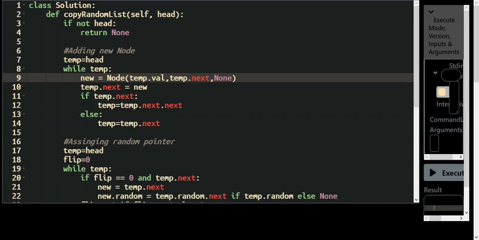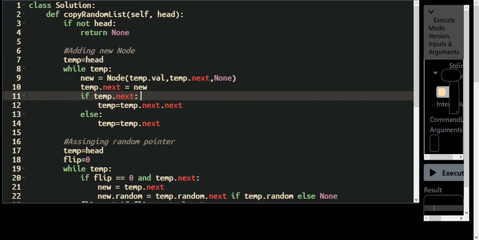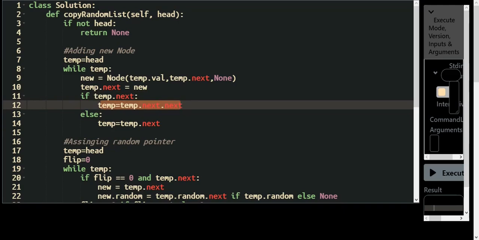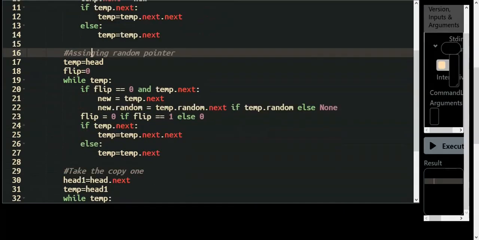We will create a new node, and assign the temp value and temp next value. Then temp next will be assigned the new node. If temp next exists, we have to take twice the steps, else that means temp dot next is equal to None. After doing that, we'll be assigning the random pointers.